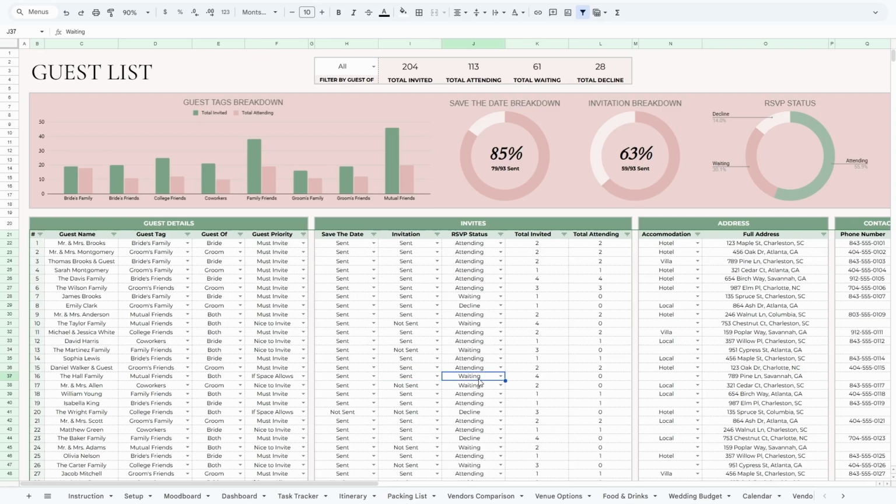Now for the RSVP status column, if a guest replies that they are attending, you will see the total attending count in the top summary section update immediately. But before that, you must fill in the total attending column. As you can see, the total invited here is estimated at 4, but only 2 of them are actually able to attend. Once you enter this, the guest tags chart will automatically update, and the total attending count at the